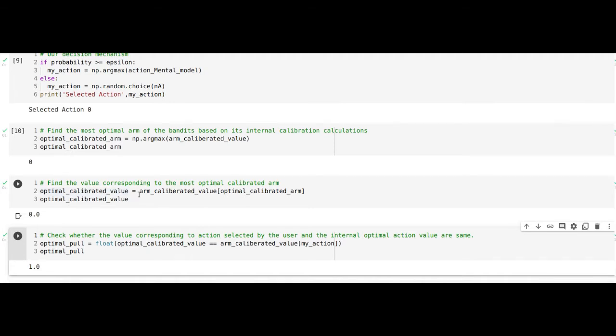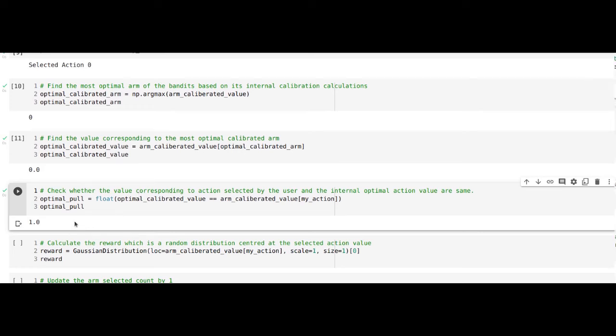Then we are going to check whether the reward which we got, for the action which we have taken, is equal to the reward corresponding to the action with the maximum value. That is what we are going to check.